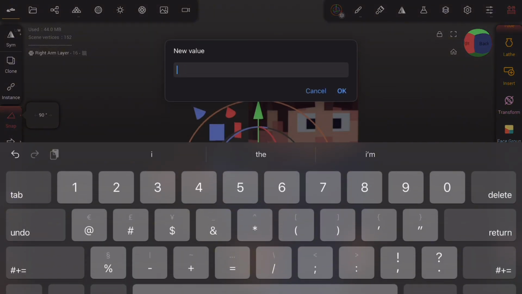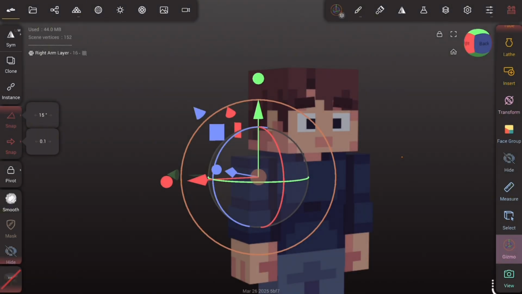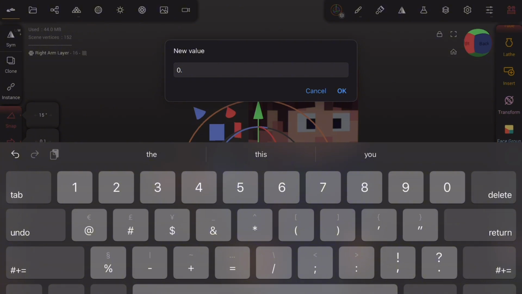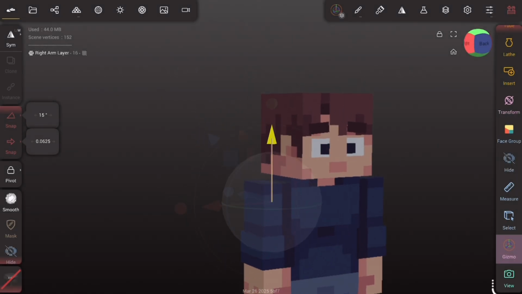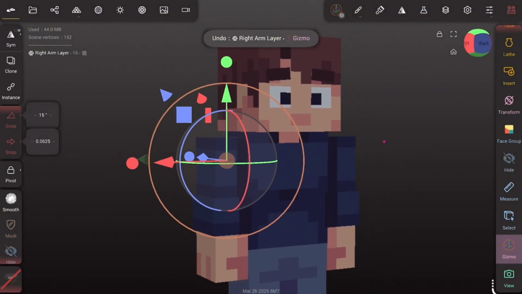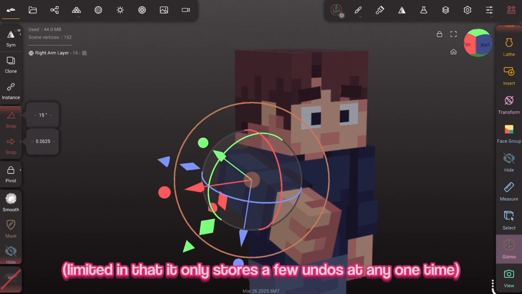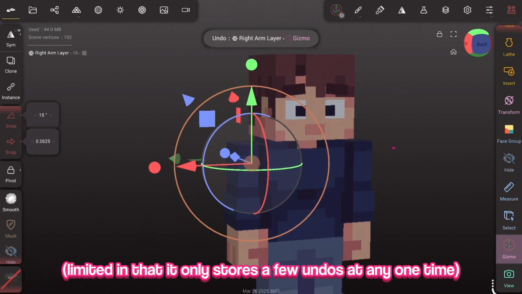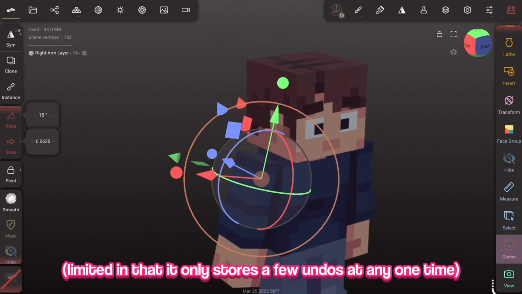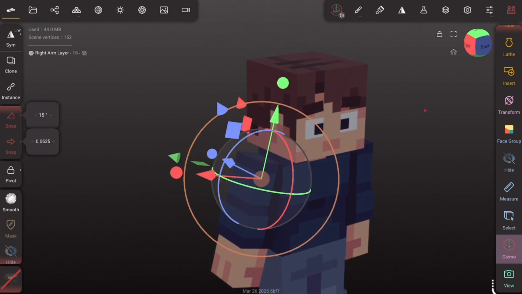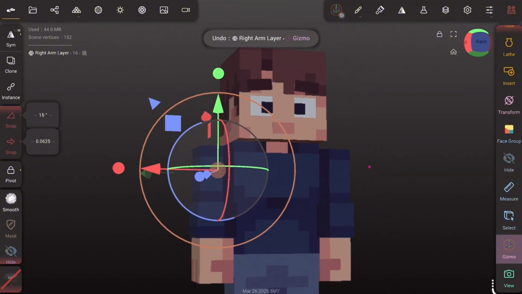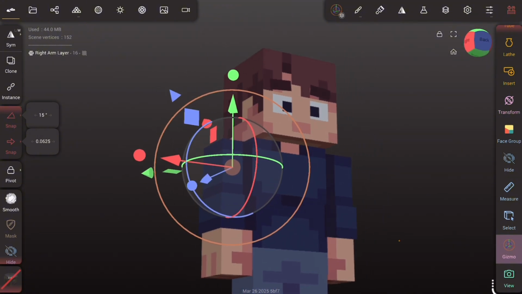So I normally use for rotation 15 or 5. And for directional, you can use what is equivalent to 1 pixel, which is 0.0625. And that means it will move by 1 pixel each time. Keep in mind that because this is the web app or the trial version, you also have a limited number of undos. So that's where using things like this will help you be able to return to your position without using the undo feature. And on mobile, what you do is you tap with 2 fingers to undo, and you